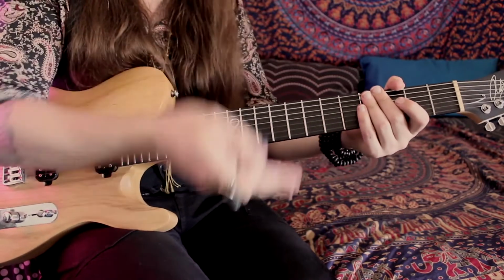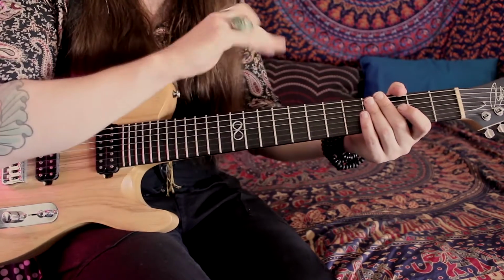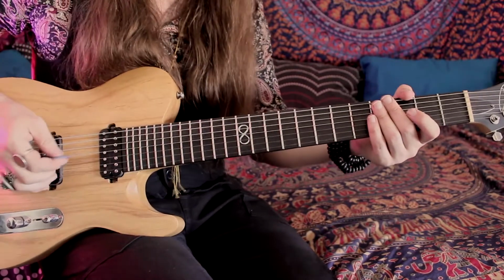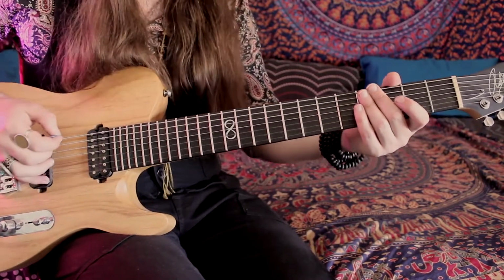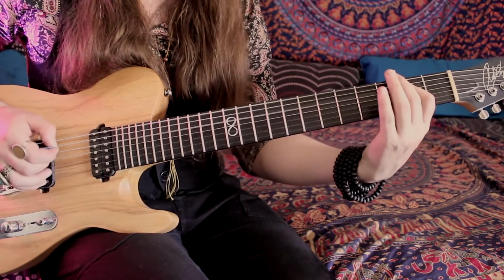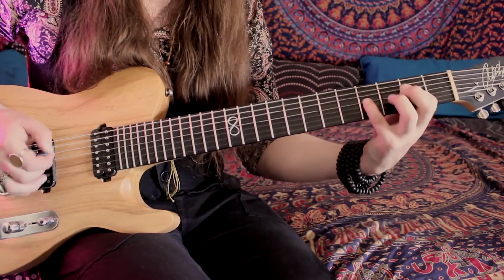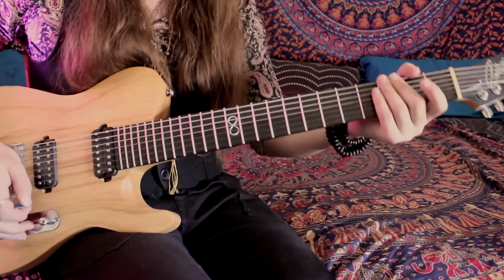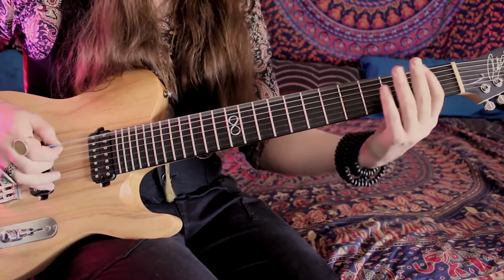So that pinky, once you've hit that 4th fret and given it a stretch, you're going to leave it there. It's not going to pick up again. You're going to leave it there sustaining through that 3 on the B string. And so part number 2 will be